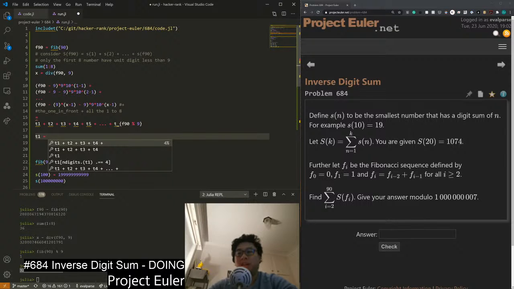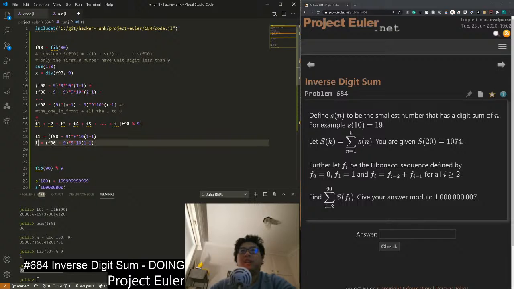So T1 is F90 minus 9. And then that's how many basically single digits there are, times 10 to the 1. So more generally, Ti is equal to 9 times i. Instead of calling it i, call it j, because people might get confused with the imaginary number i. And then 10 to the power of